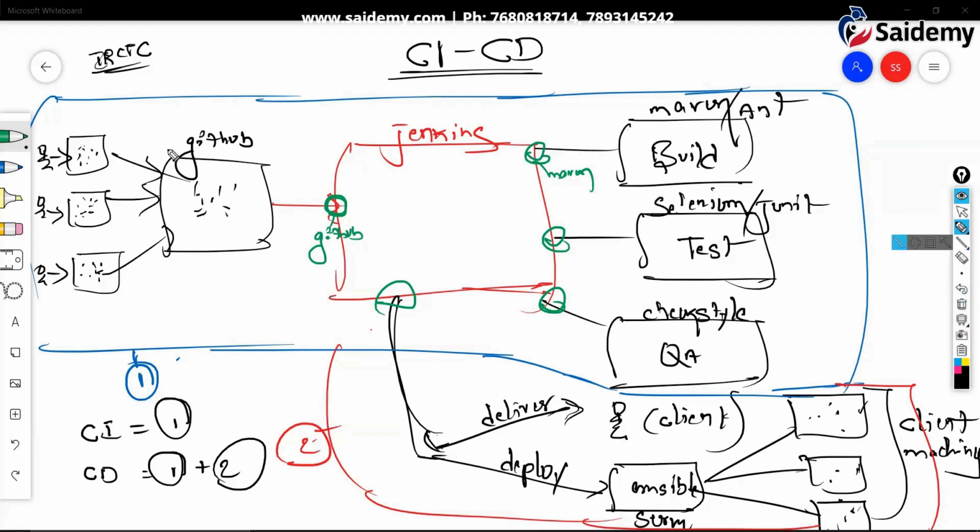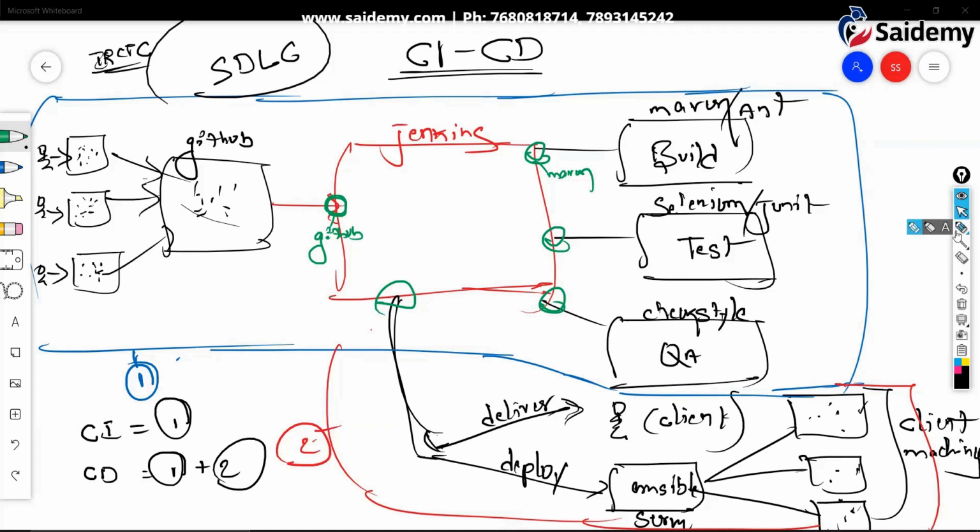Okay. See, this also we call SDLC. The CI/CD also we call SDLC. Tell me guys, can we call this one SDLC or not? What is SDLC? Anyone? Yes, that is software development lifecycle. Can we call this CI/CD as SDLC? Yes, sure. Right?